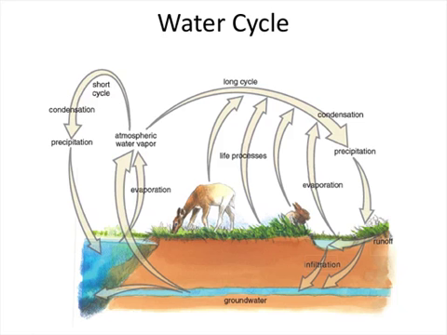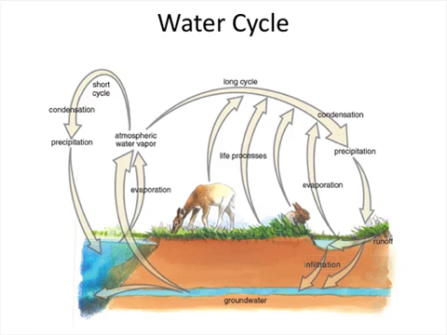Now, there are two parts to the water cycle. There are what is referred to as the short water cycle, and there's what's referred to as the long water cycle. I'm going to start with the short water cycle here, and this is something that we're all familiar with. To begin with, 97% of the Earth's water is available in oceans or seas. That leaves another 3% that's available as fresh drinking water, with 0.001% of that being in the atmosphere at any